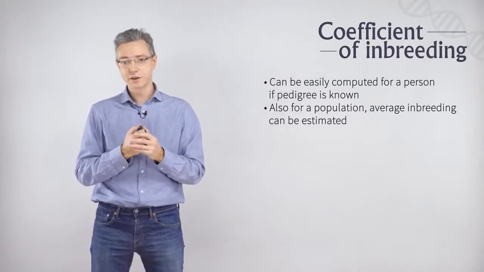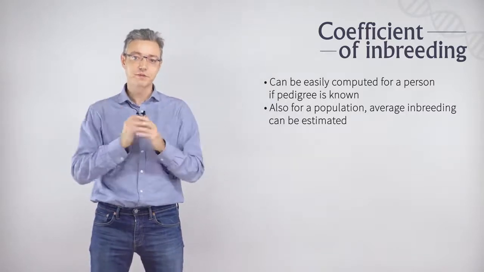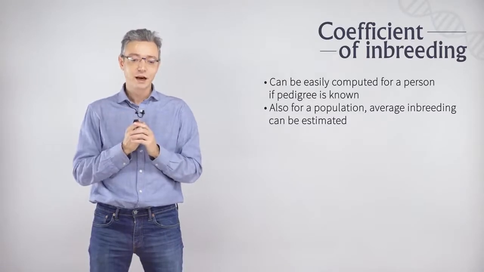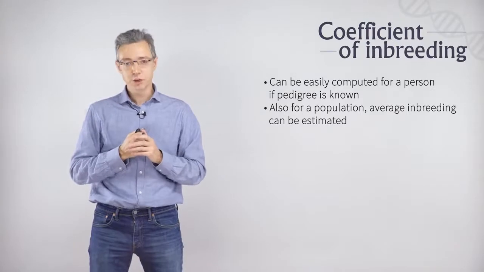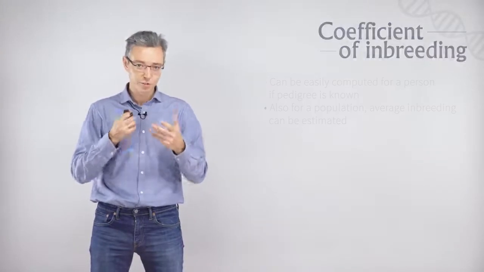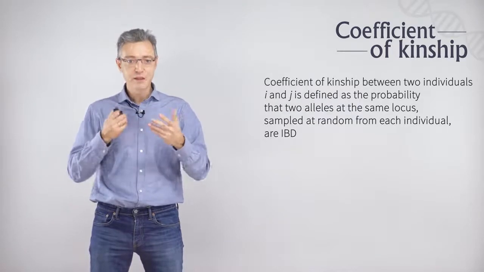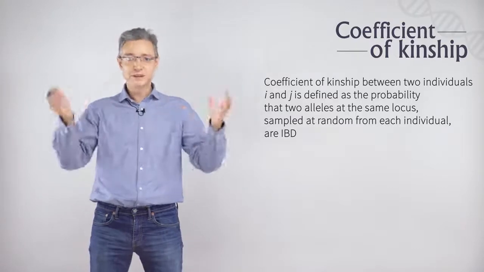But sometimes, and very frequently actually, we are interested in a relationship, the genetic structure which relates to individuals. And in this case, we use a coefficient of kinship. The coefficient of kinship is defined for a pair of individuals. We can call them I and J, and this is the probability that two alleles at the same locus, sampled at random,